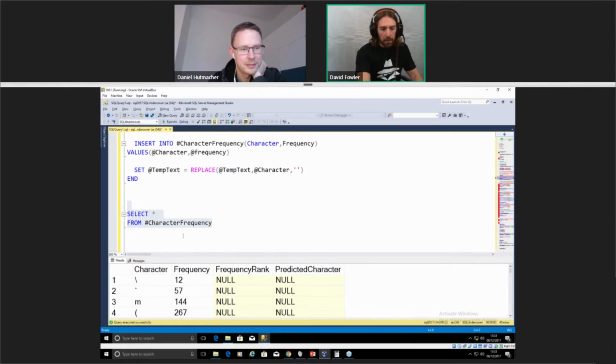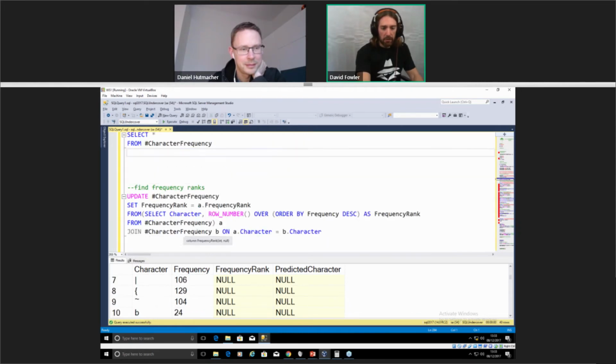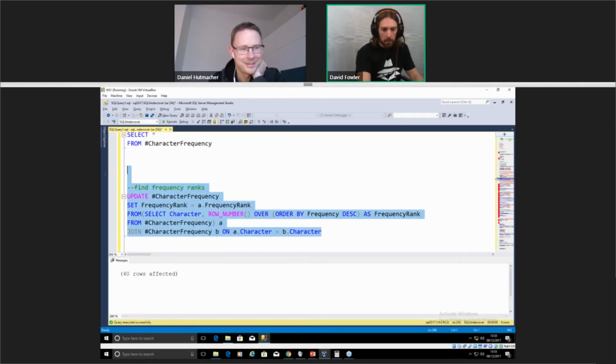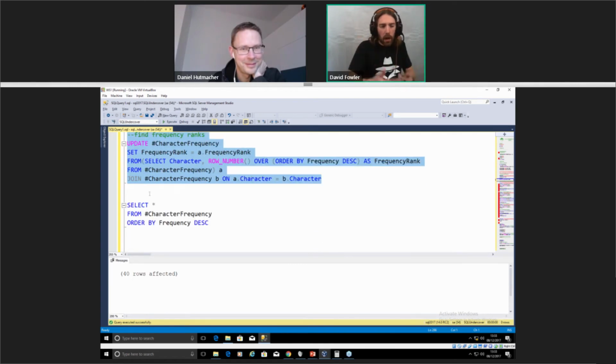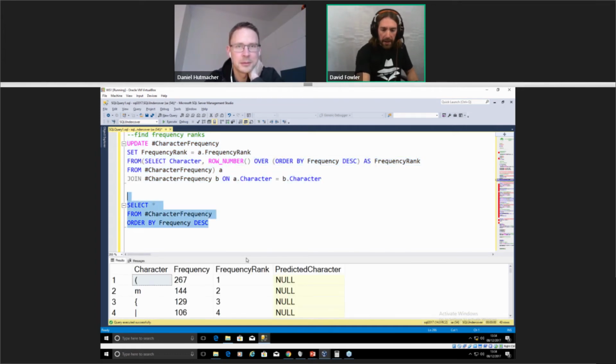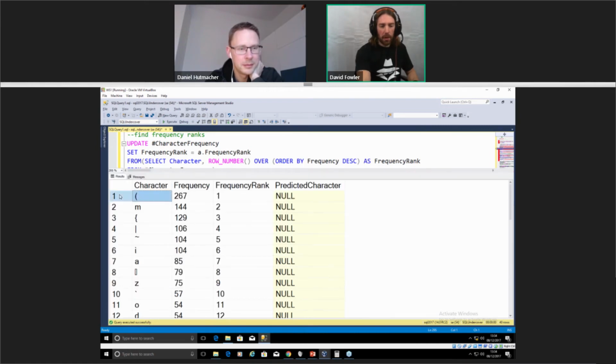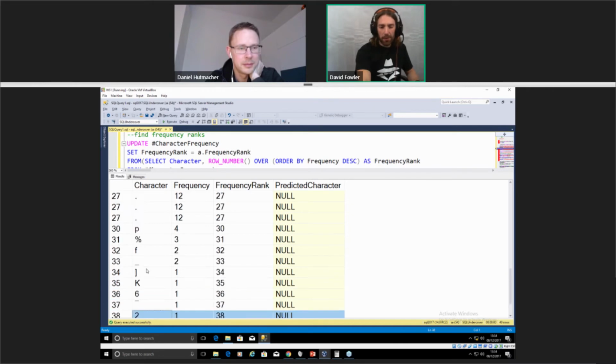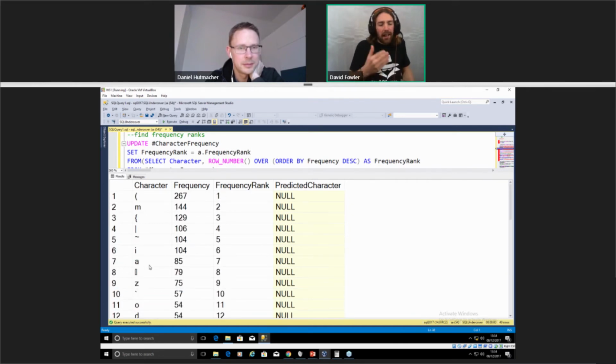Just to make things a little bit easier, we're going to fill out that frequency rank row. Okay, I'm not going to go through all the code and how it all works because, as I say, it's all up on GitHub. So if you do want to have a poke around, play around with it afterwards, jump up there, grab it down, and you're free to do so. So now if we select from our character frequency table, we can clearly see what the most commonly occurring characters are, and those that show up not very often. Knowing this, we can now start analysing the characters.